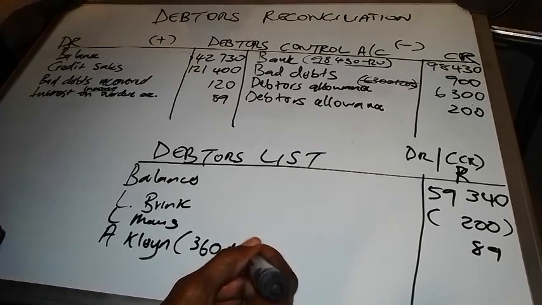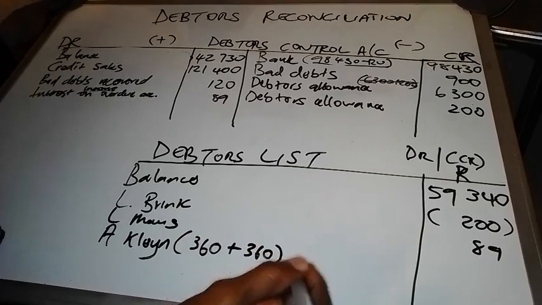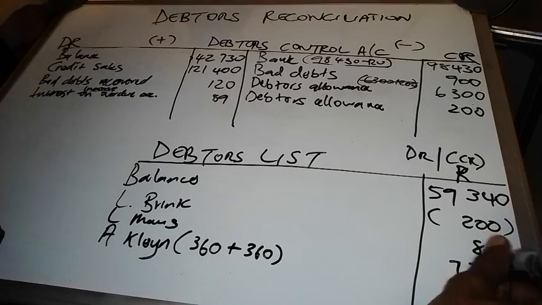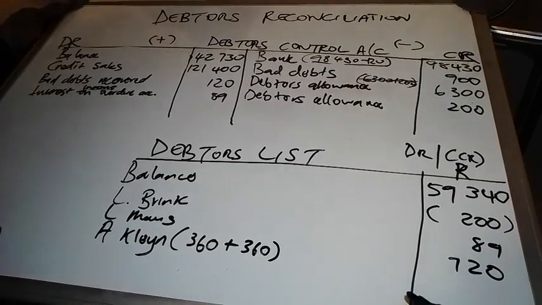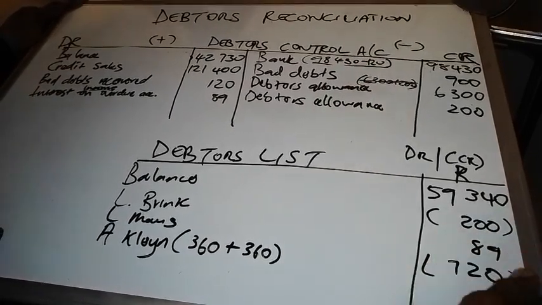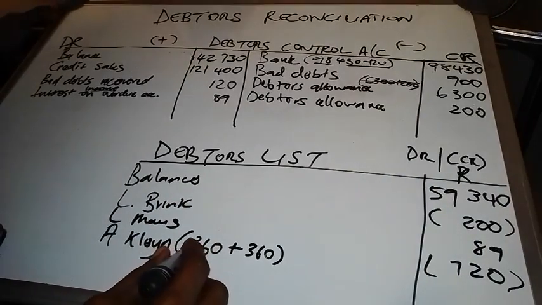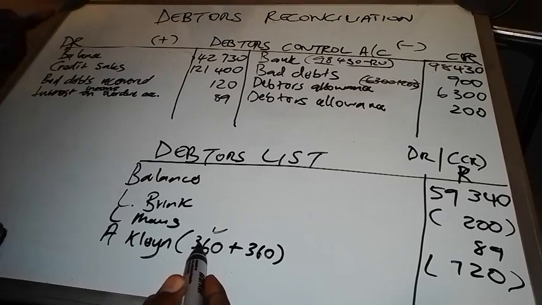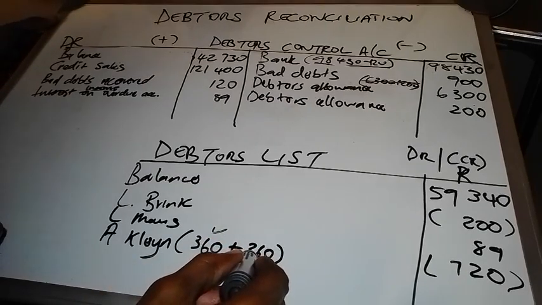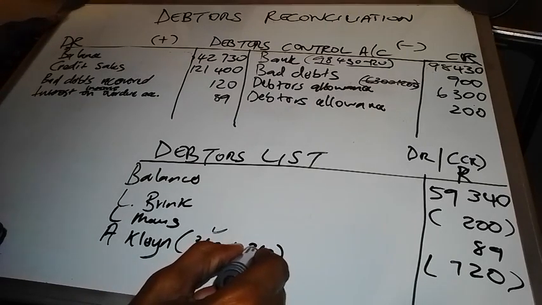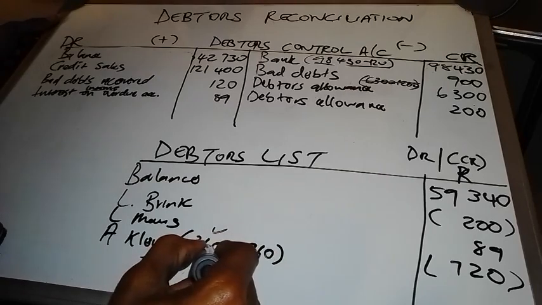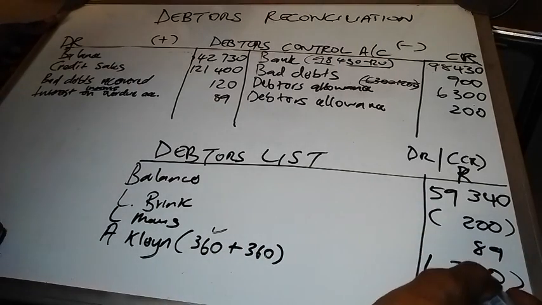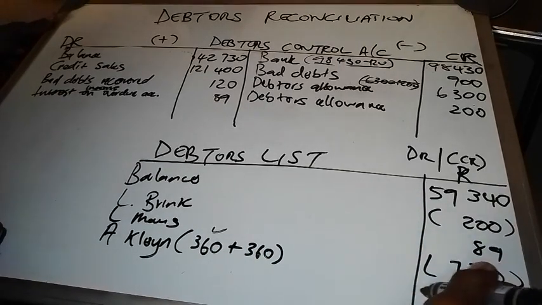And then we minus the actual 360 that was supposed to be subtracted. So it means here we've got 720. So it's a minus. This first 360 will set off the previous error. Then the second 360 is the correct entry, right? This one is the correction of the previous entry. The second one is the correct entry. That's why we double it. And then we are done with the